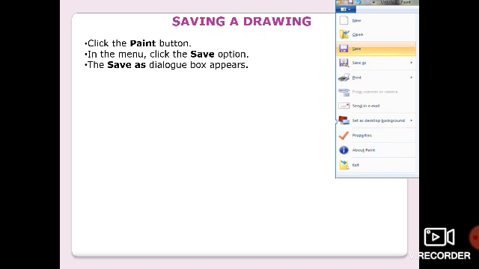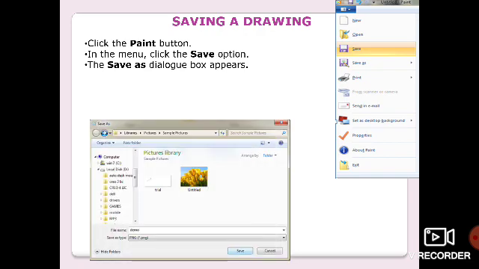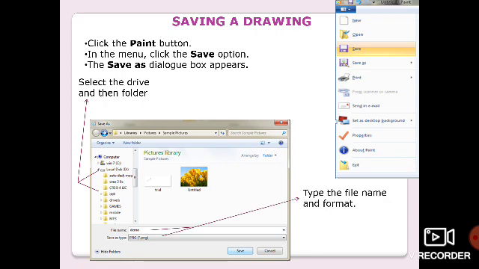So children, when you click on save, a dialog box appears like this. In this dialog box, you have to first select the drive or the folder which you want. I have selected here local disk D, and in that we have a list of folders. In this any one you can select and then give the file name. You can see here down file name and then click on save. Any name according to your convenience you can give and then click on save. When you click on save, whatever drawing you have done, it gets saved in your computer.